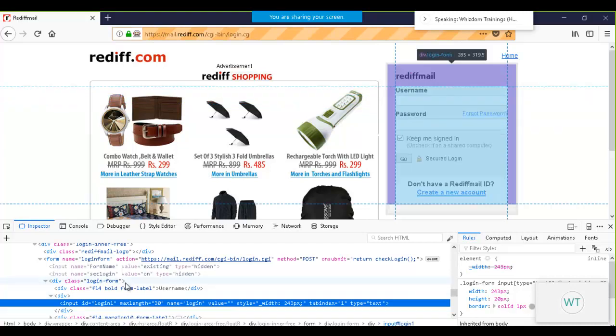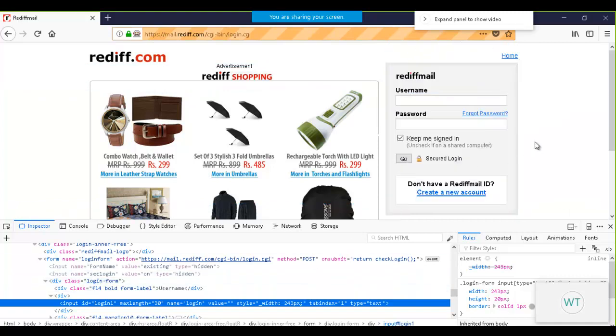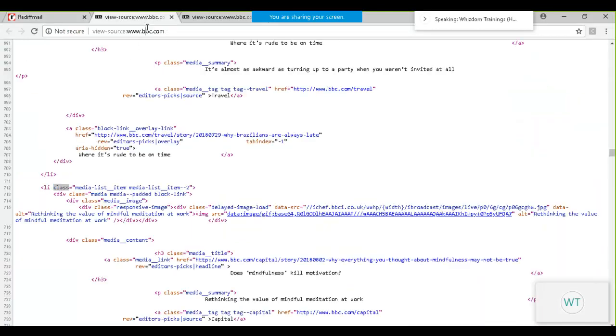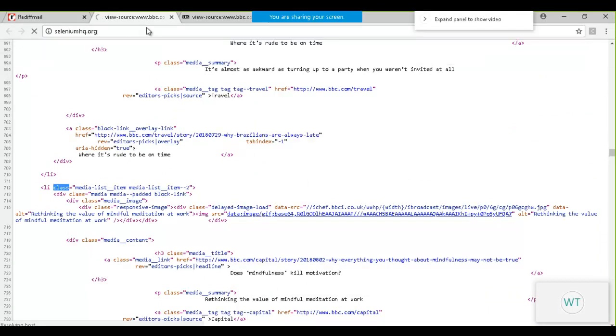In case of Selenium, every element on the web page, a link is a web element, a button is a web element, everything is a web element. And if you go to the official website of Selenium, seleniumhq.org, and go to the Java documentation,